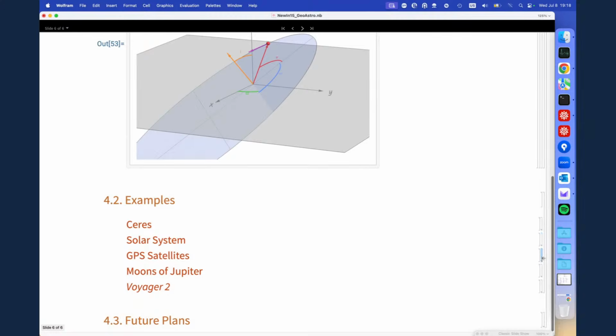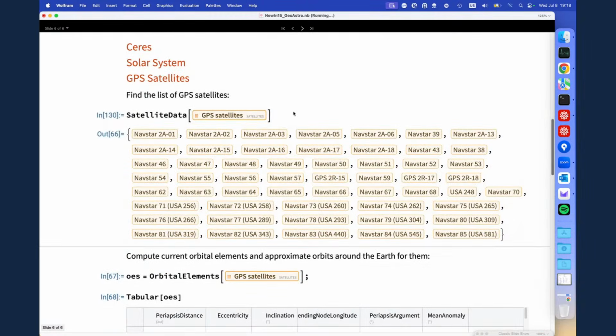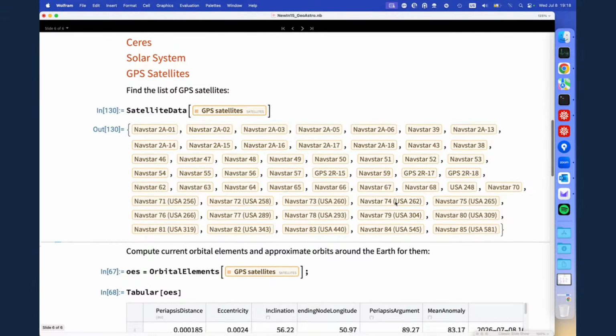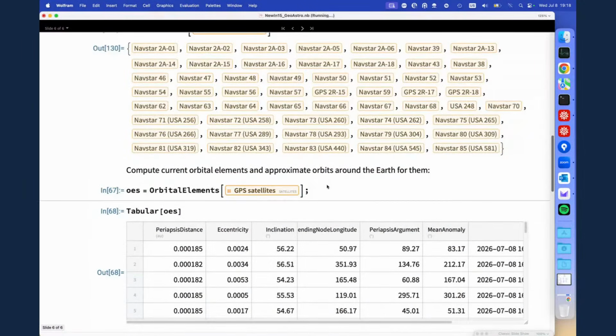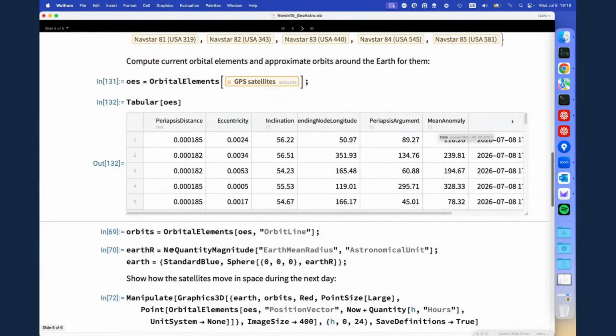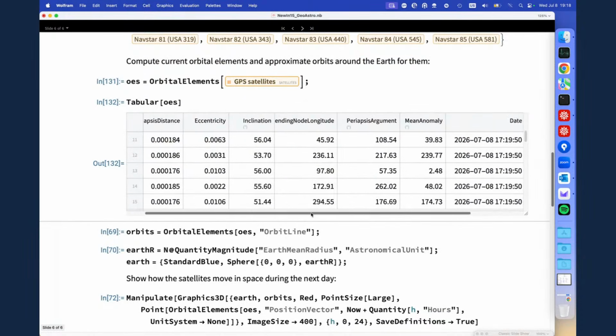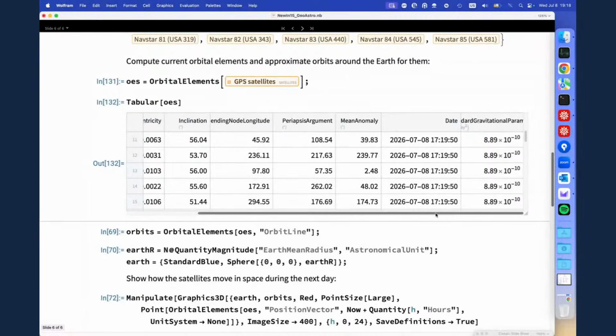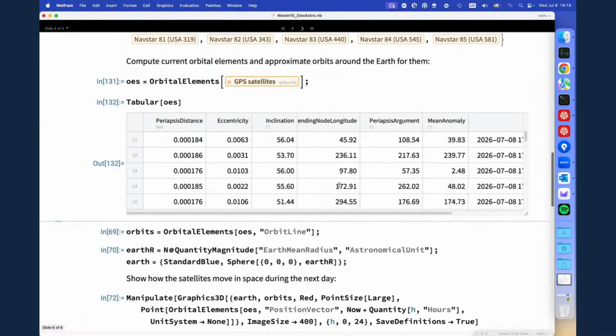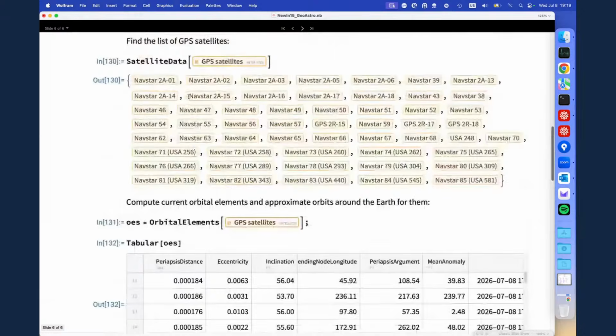Let's look at GPS satellites. This is fun. So we ask Wolfram Alpha about the list of all the GPS satellites. We compute orbital elements for all of them. So this is a list of associations. Remember that the orbital elements were given as associations. We can put them in a tabular object. That's very nice to read. You see that with the units, and this is very nice. Dates, etc. And for all the